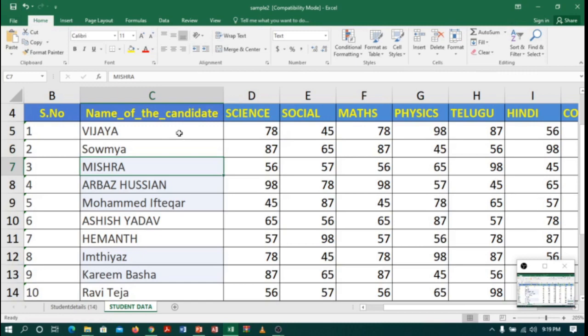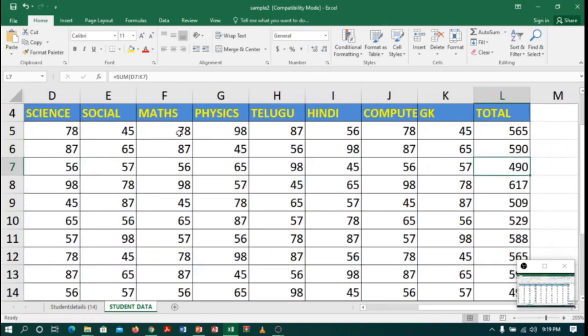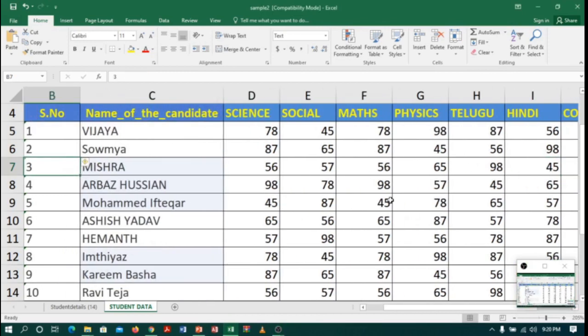If I press Control plus right arrow, here we are. I got the total. Now if I want to come back to the starting cell of a row, again I will click Control plus left arrow key. Here we are. I'm back.